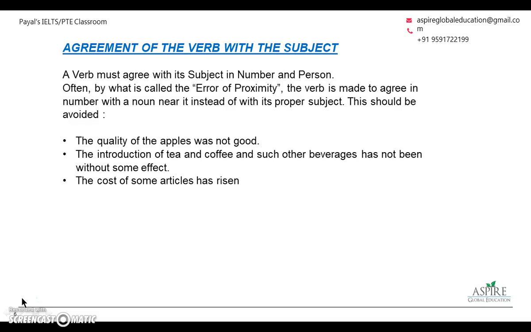And if I have to write the correct auxiliary verb, I have to look at my past participle, which is risen, which means since it is in active voice, this sentence is going to be in present perfect tense. So if I have risen, I have to put has or have depending on whether my subject is singular or plural. Since my subject is singular, which is cost, my verb will also be singular, which is has. A lot of people here make the mistake and write 'cost of some articles was risen' or 'are risen'.